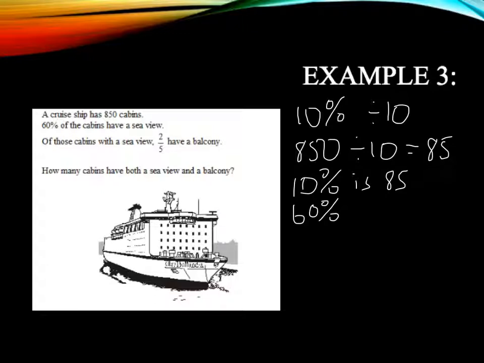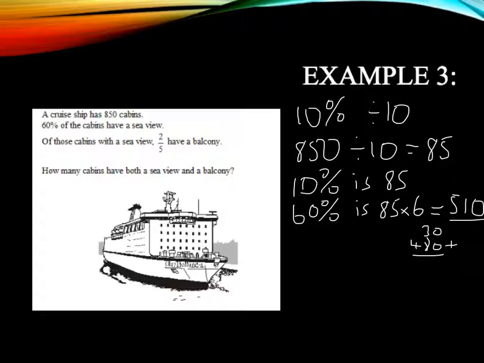So 60% is going to be 85 times 6. 85 multiplied by 6. I'm just going to do this very quickly. 5 times 6 is 30. 80 times 6 would be 480. Add the two things together, we're going to get